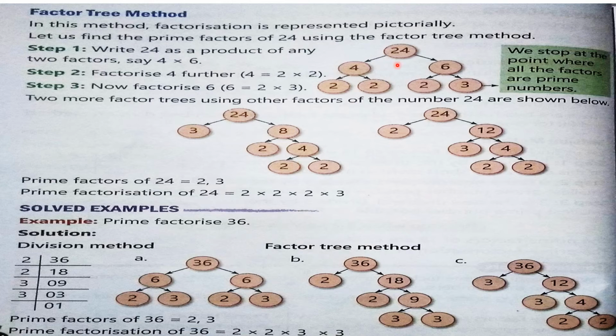Again, here also the same number we can represent in another way. 3 8's are 24. Yes or no? 3 8's are 24 is also there. So now choose two numbers whose product is 8. So 2 into 4 is 8. Now choose again two numbers whose product is 4. So 2 into 2 is 4. So now these are the numbers in the prime factorization.